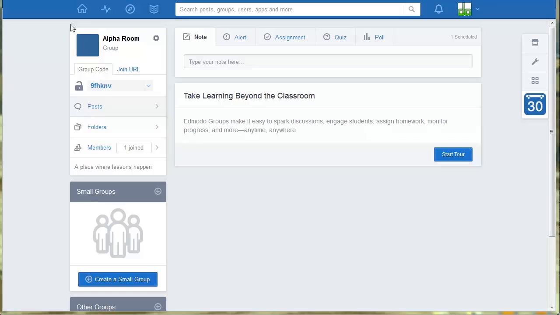So here I am in my alpha room, and I want to create an assignment or a quiz for them. You'll see along the top here we've got all these tabs: note, alert, assignment. We've already looked at assignment. We'll have a look at alert in a moment. But I want to look at quiz. So we're going to create a new quiz, and what we're going to do is click on this tab here,